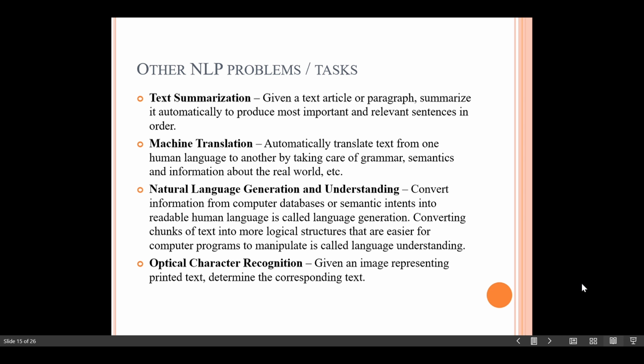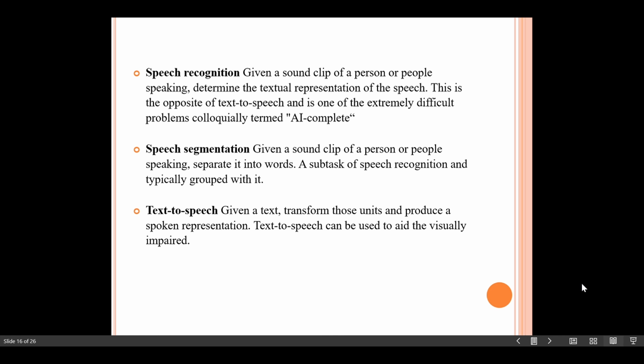Another problem of natural language processing is optical character recognition. When an image of printed text is given to the system, it determines the corresponding text. That is optical character recognition. And we also have speech recognition, which is an extremely difficult task of natural language processing.